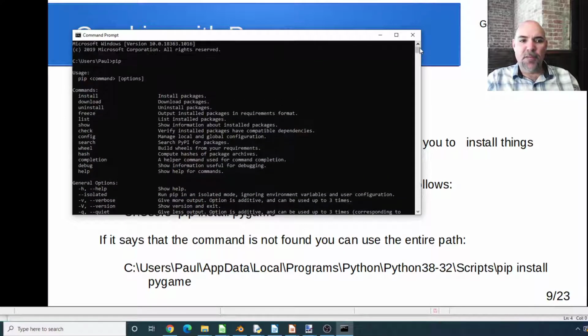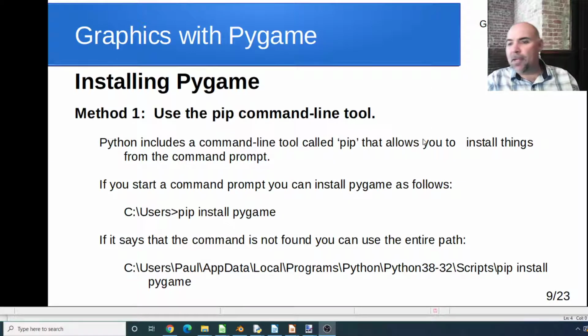Python's distribution comes with that, but you'll notice that pip has a command and then options. One of the commands is install. That's the one that we're going to use. You can also uninstall things, and there's some other things as well. We're going to focus on install right now. All right, let me close that back out and switch back to